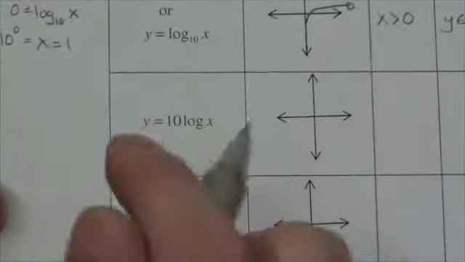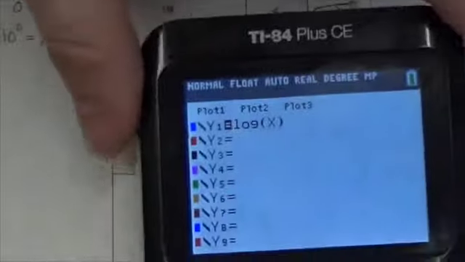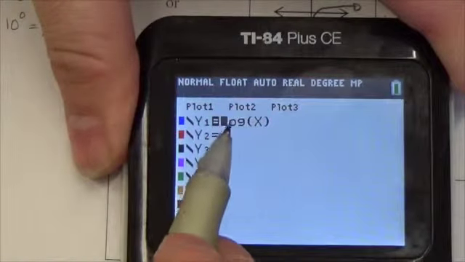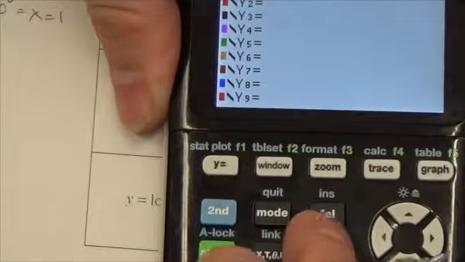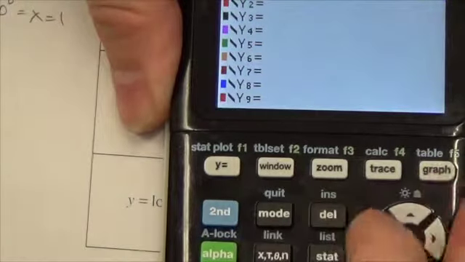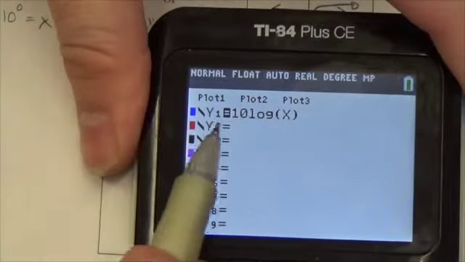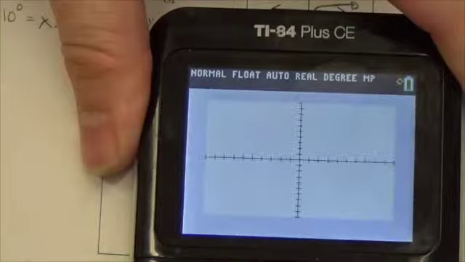Now let's see what happens when you do this. What if we take that common log and we multiply by 10? So now I've already got the common log in here. To put a 10 in front, I'm going to put my cursor right there, and then I'm going to press second delete to access the insert that's just above it. The calculator is now waiting for me to type something, and whatever I type, it's going to put in front. So 10 log x here. So now if I press graph,